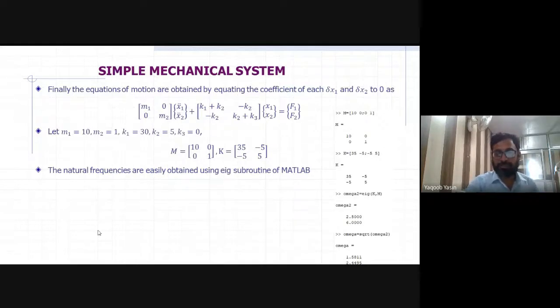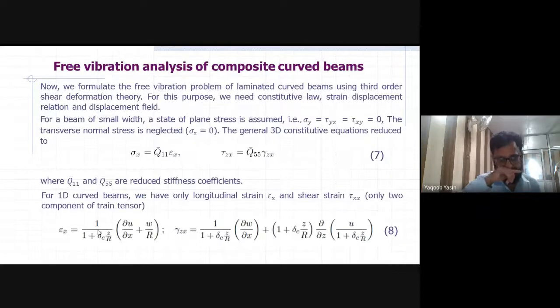Now we will do some complex problem. For example, we have a curved beam. It has a curvature which is represented by R, and we have different layers of material properties. We have different material properties in this layer, and we will develop a one-dimensional equation because this is a curved beam. Therefore, the other dimension will be very small as compared to thickness and length. Therefore, we have only variables which are in the thickness direction and the length direction.